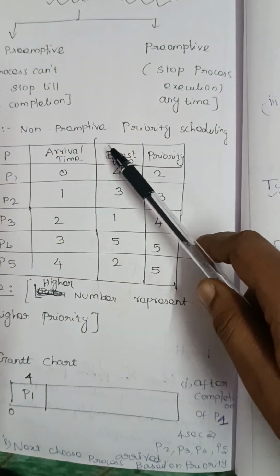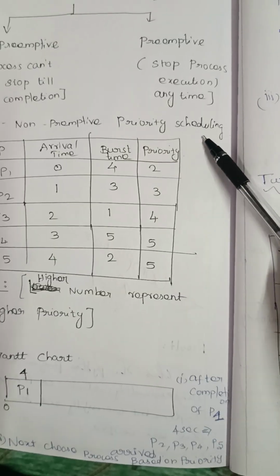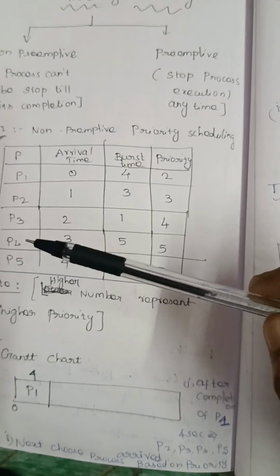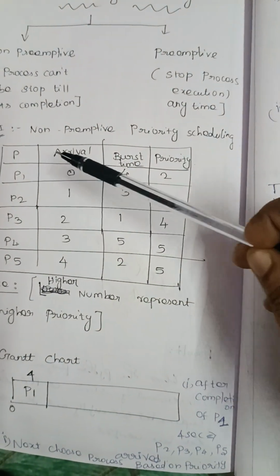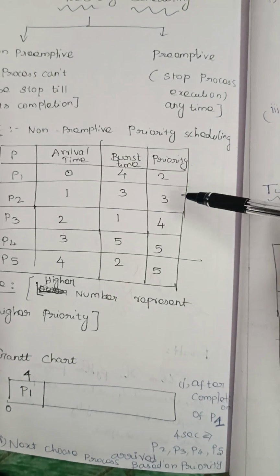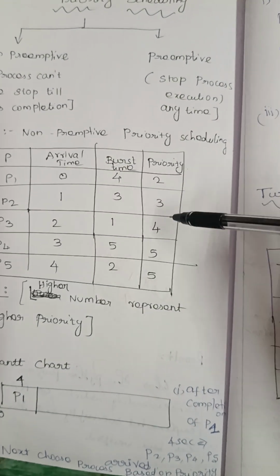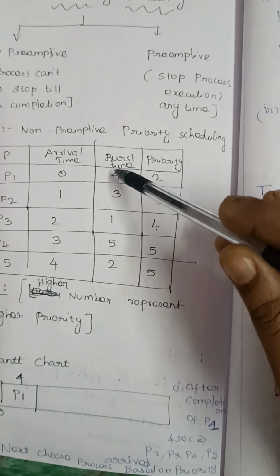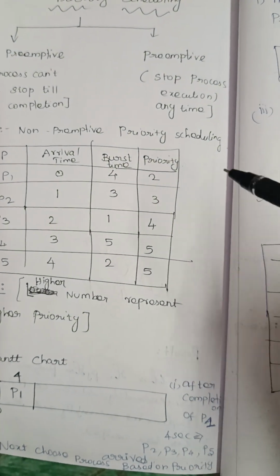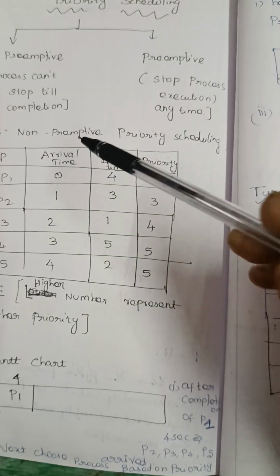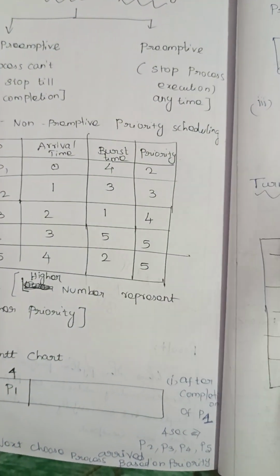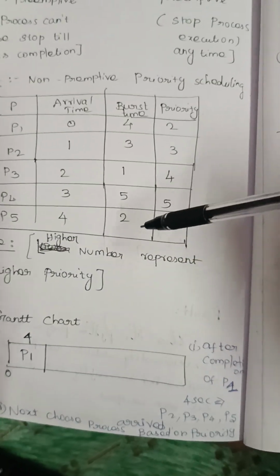First type is non-preemptive priority scheduling. In this problem, they are giving process arrival time, burst time and a priority. Arrival time is given, which means you calculate the scheduling algorithm based on the arrival time. And then very important, notice,